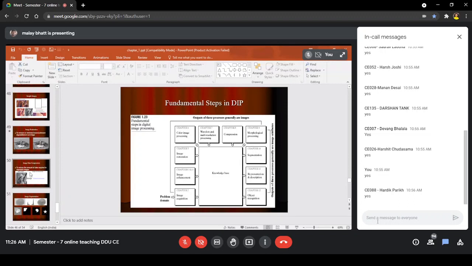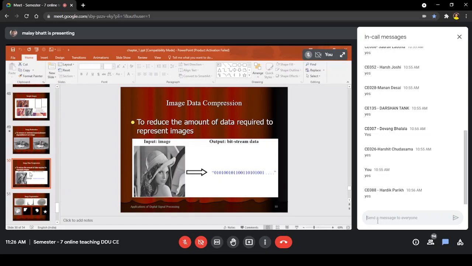So if I can focus on the overview of this data compression, it is very simple: to reduce the amount of data required to represent the image. If your image is stored in the form of BMP, that is bitmap image, then it will take much more size. On the other hand, if you convert that image into JPEG, Joint Photographic Expert Group, you might be aware of that. That JPEG is doing a lot of compression on the original image. Visually, you feel that both the images are the same, but the storage size of the JPEG image is much less than the BMP image.